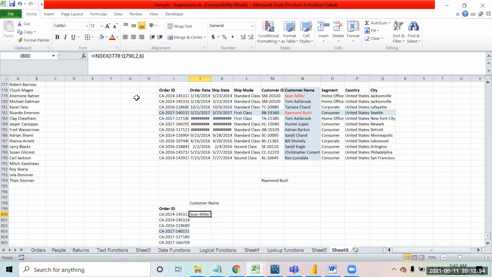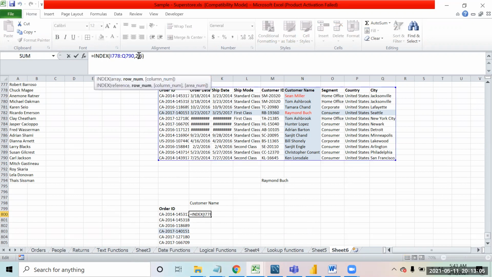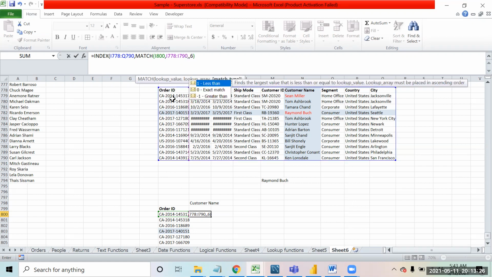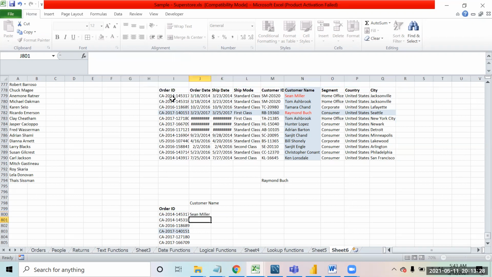But right now, all the things that I have done were manual. This 2 and 6, I have manually found. But this row number, I could have found with the help of MATCH. Will you agree? If I remove 2 and write MATCH, look out for this value in this column. The MATCH formula will find the position of that order ID, and it says, oh, it's coming at second position. I say comma, 0, exact match. My formula is working, correct?